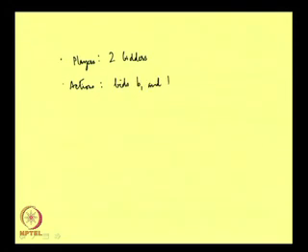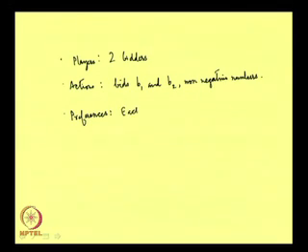So, players: 2 bidders. Actions: their bids B1 and B2, non-negative numbers. Preferences: each likes to maximize payoff,